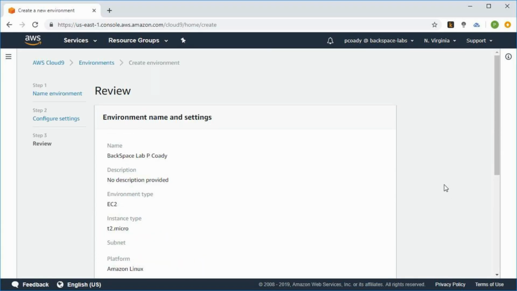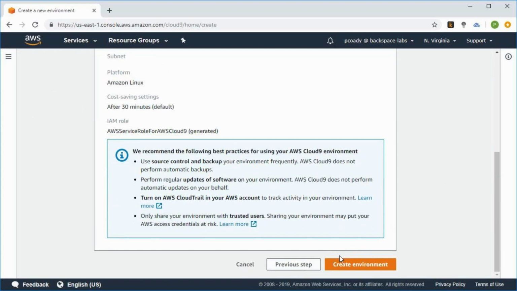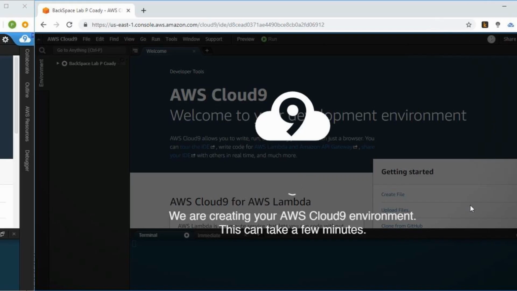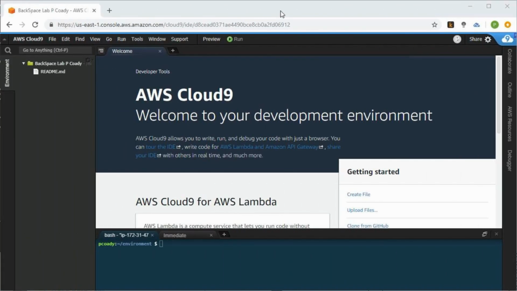And that's how easy it is to create a Cloud9 environment in your default VPC. And we'll click on create environment. Now, after a few minutes, the EC2 instance will be launched and that Cloud9 application will be running, and we'll have the IDE operating within our browser. Okay, so after about 5 minutes or so, we've got our Cloud9 integrated development environment up and running.